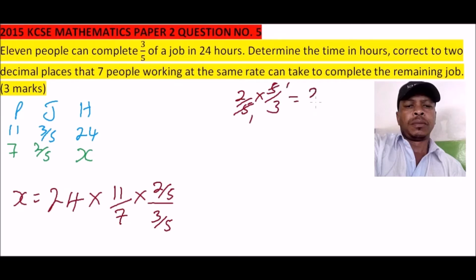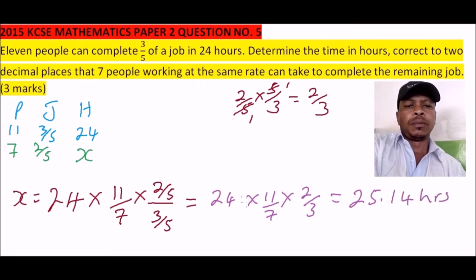So this is 2 over 3, and therefore X is equal to 24 multiplied by 11 over 7 multiplied by 2 over 3. You can use your calculator to do that, and you should get 25.14